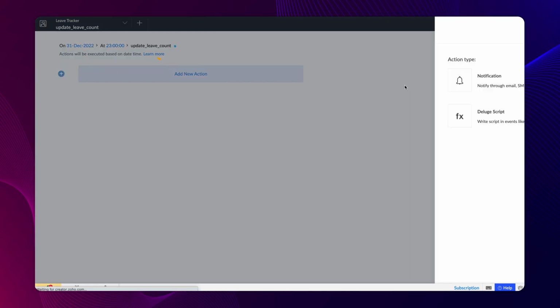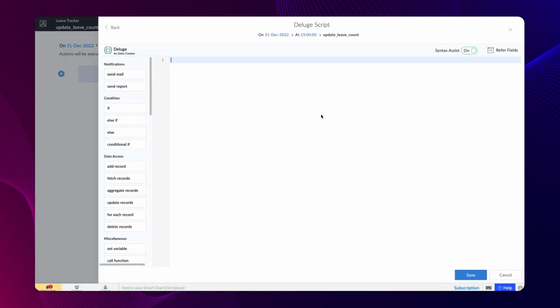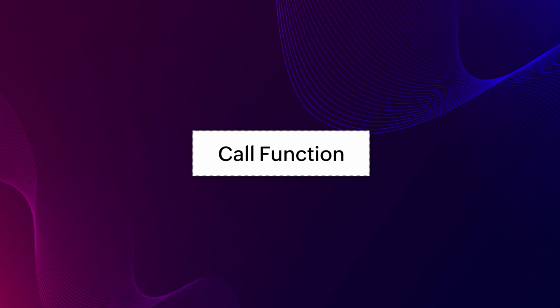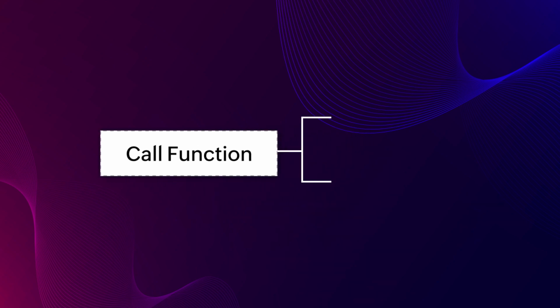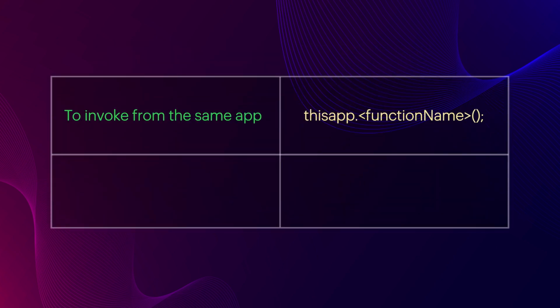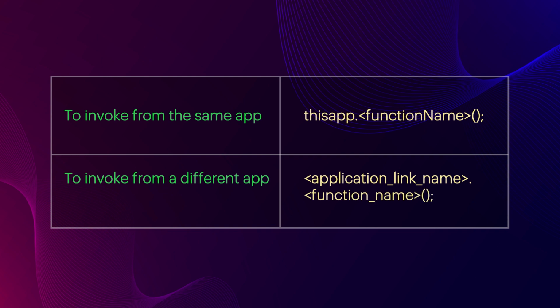Click Add New Action and choose Deluge Script. Then the builder will open. We have already defined a function Update Employee Leave. Using the call function Deluge task, you can call a function in your app. The call function task allows you to invoke the function from the same or different app in your account. To invoke from the same application, use the syntax this app dot function name open close bracket semicolon. In case you're invoking the function from a different app, then use the syntax application link name dot function name open close bracket semicolon. Our requirement is to invoke the function within the app. For this,